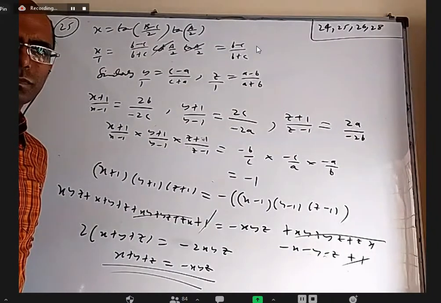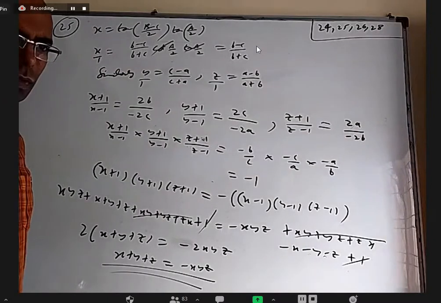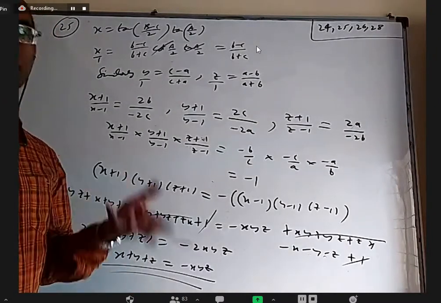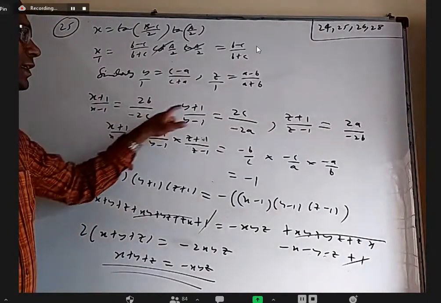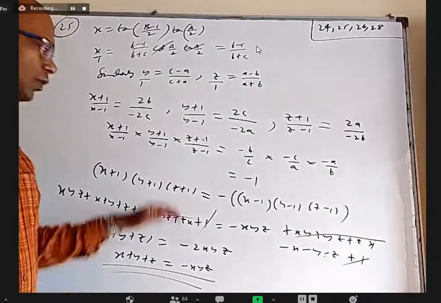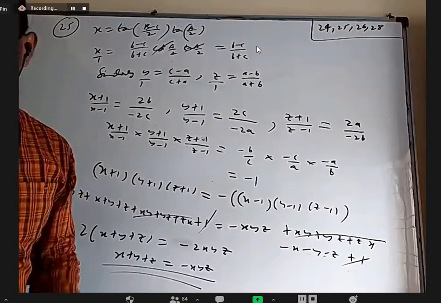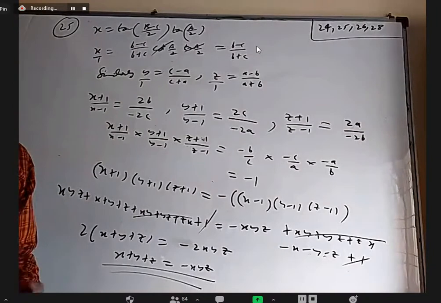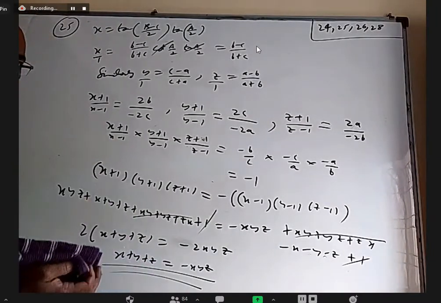Sir, how did you get the idea that upon multiplying we will get x plus y plus z? I don't know that I'll get x plus y plus z. What I am aiming at is how to eliminate a, b, c. After componendo and dividendo, I can easily see b by c and c by a; when I multiply, they'll cancel. Yes, sir. It is more about eliminating a, b, c and finding a relation between x, y, z than trying to find x plus y plus z. Okay, so I'm going to erase this.